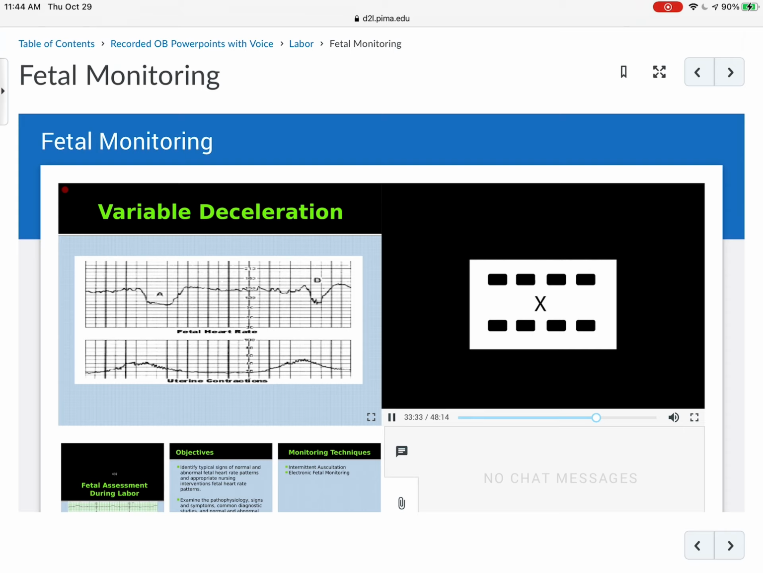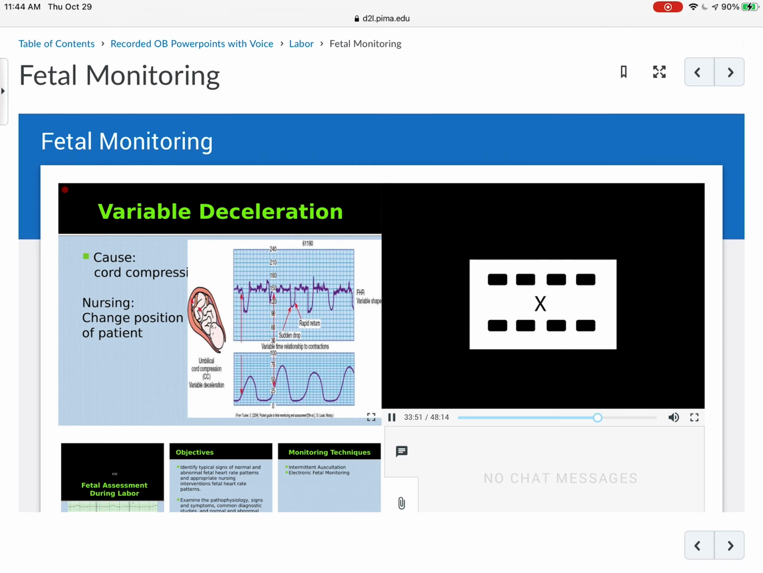Now, variable decelerations aren't necessarily a normal thing. It's something we would watch for. A variable deceleration is abrupt down and abrupt up. It can be associated with a contraction or not even with a contraction at all. And it's caused by cord compression. So let's say the way the baby's cord is, maybe you've got mom positioned on her left side and baby is lying on the cord. Then you'll see some variable decelerations. Well, then just turn her on her right side, get the baby off the cord,